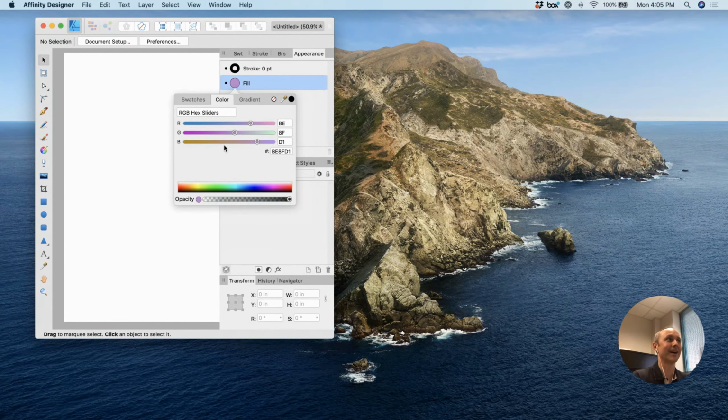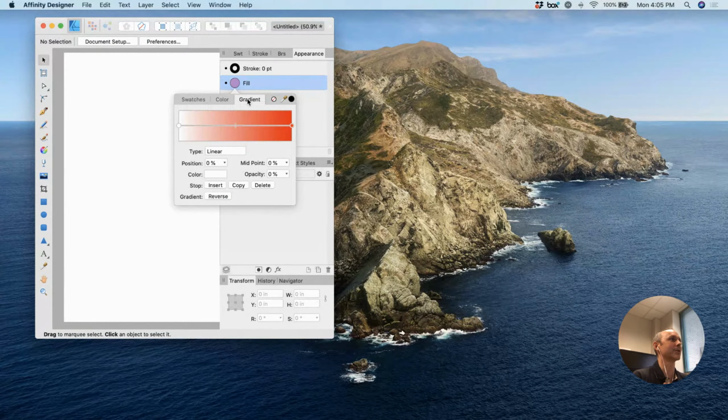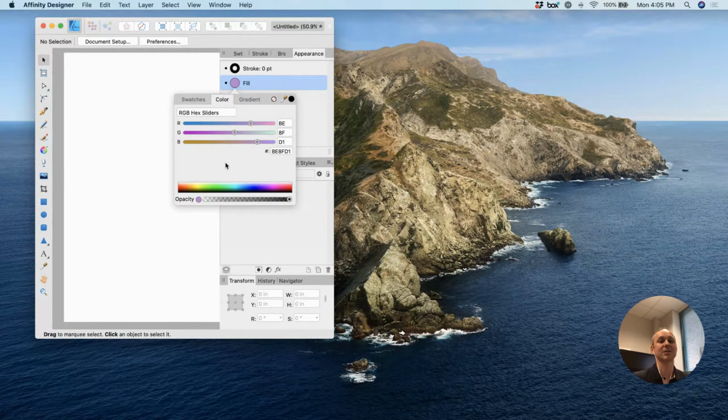That's a problem. We just talked about how difficult it is to see colors when they're in small areas. So this is a problem. Now it has swatches, which I've never used in this software, so I don't know how it works. And gradients are a bit larger, but normally I would want to use sliders to pick colors. Now,